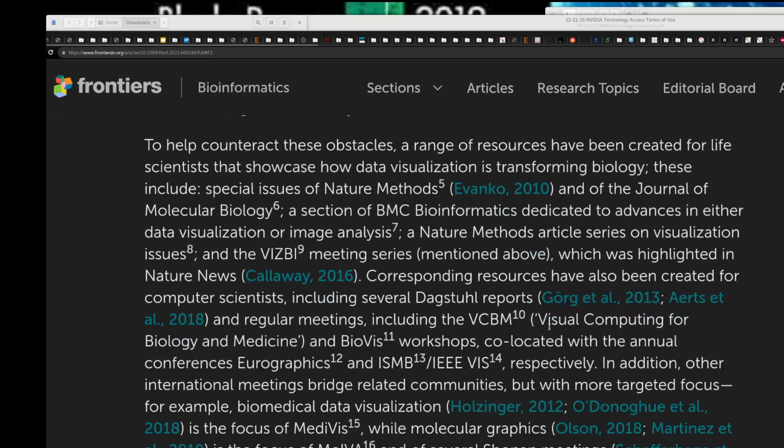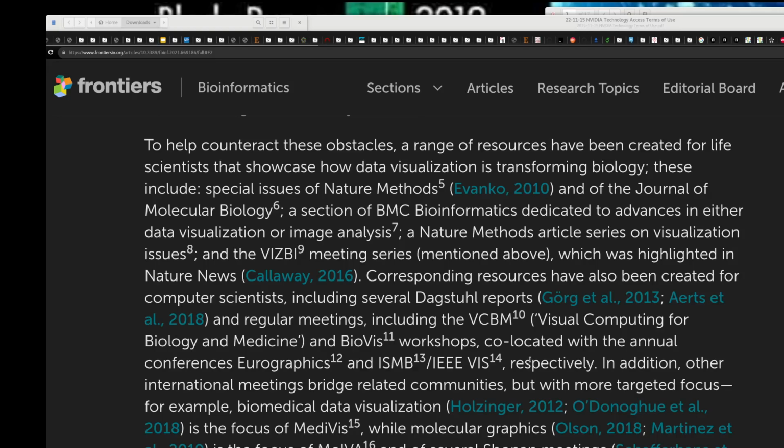These include special issues of Nature Methods (5, Eveleigh 2010) and of the Journal of Molecular Biology (6), a section of BMC Bioinformatics dedicated to advances in either data visualization or image analysis (7), a Nature Methods article series on visualization issues (8), and the VIZBI (9) meeting series mentioned above, which was highlighted in Nature News,